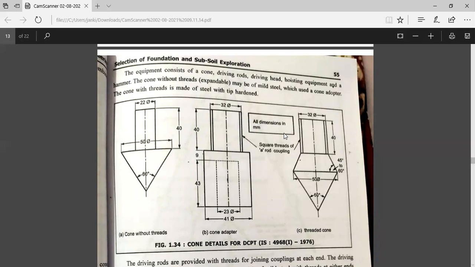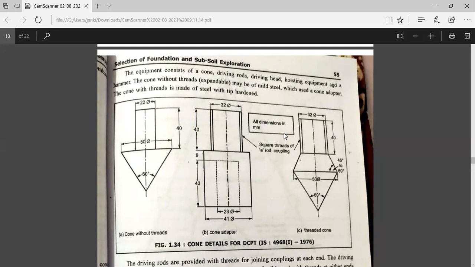A cone is then driven into the soil by allowing a 65 kg hammer to fall freely from a 750 mm height. The number of blows for every 100 mm penetration of the cone is recorded. The number of blows required for 300 mm of penetration is taken as the dynamic cone resistance, known as NCBR. When the depth is more than 6 meter, bentonite clay slurry may be used to eliminate the friction on the driving rod. The cone used in that case is 62.5 mm size. The details of the dynamic cone penetration test using bentonite clay slurry have been standardized and given in the IS code.